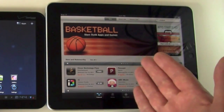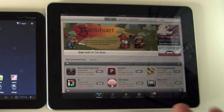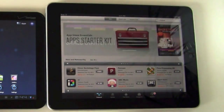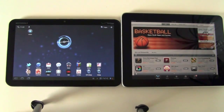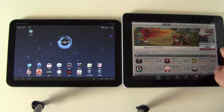People are just developing for the Apple ecosystem first in a lot of cases, because frankly there's more money to be made. That being said though, Android market coming on strong, and there's a flood of Android 3.0 tablets just announced and starting to hit the market. So we should see a lot more with 3.0 in the future,